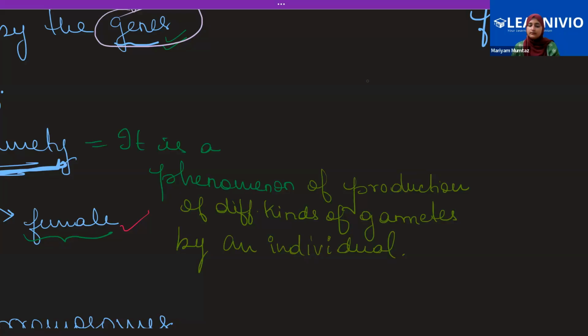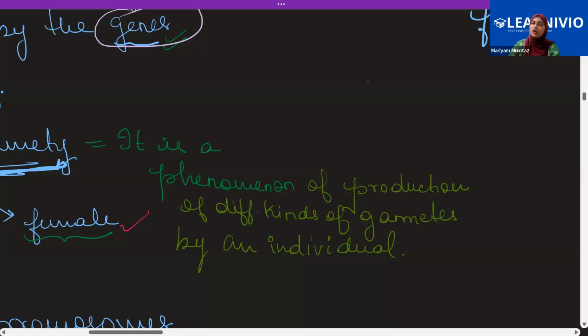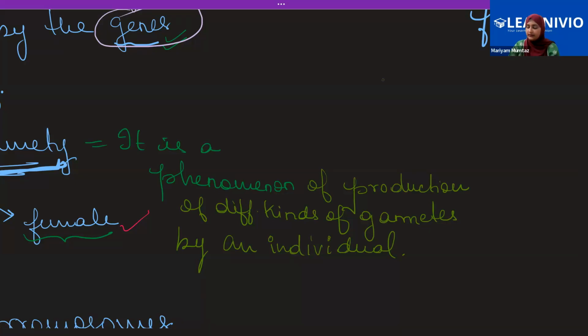Ma'am, are the different types of gametes the male and female gametes specifically? Yes. Gametes are male and female gametes always. So, for example, if the male is making two different types of gametes, that is male heterogamety. If the female is making two different types of gametes, then that is female heterogamety. So heterogamety is a normal phenomenon. It can be present in the male and it can be present in the female also. It is a phenomenon wherein two different kinds of gametes are produced by a single individual. For example,